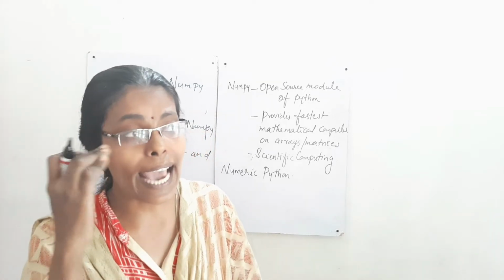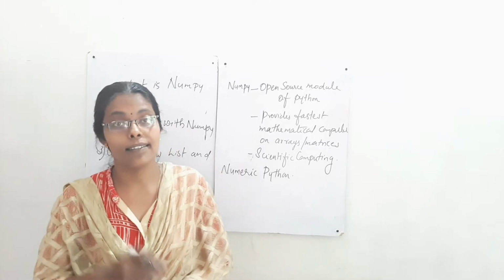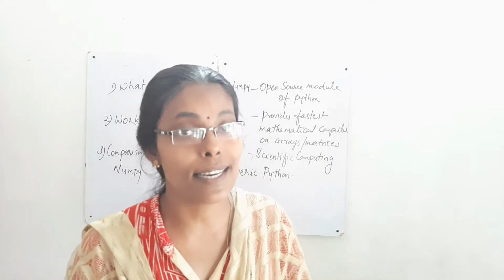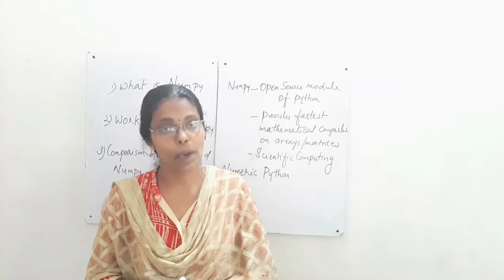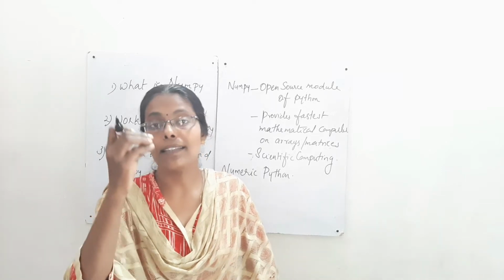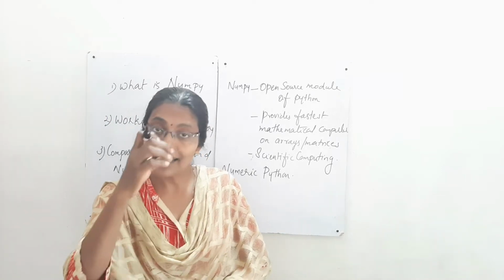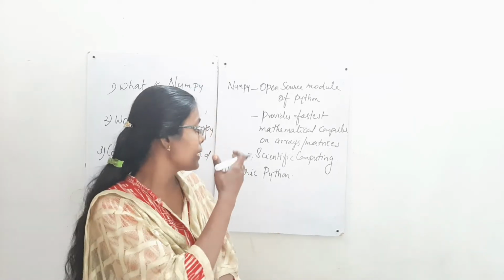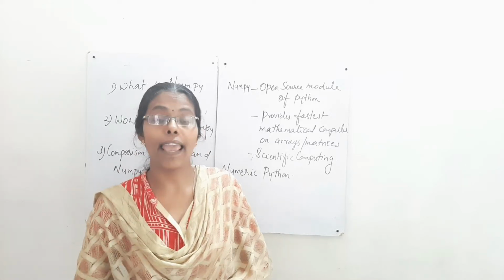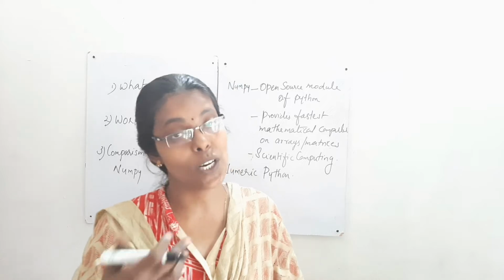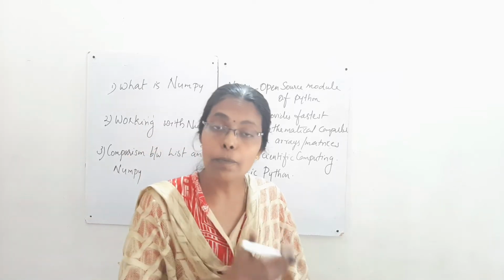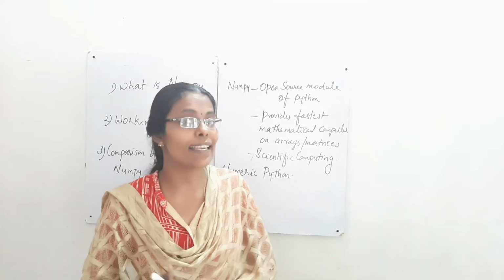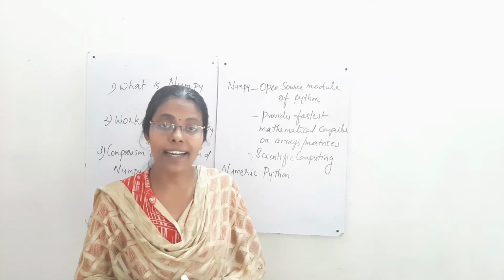NumPy is actually, we are all familiar with the term array. What is an array actually? Array is a collection of homogeneous data types stored in contiguous memory allocations. A group of elements are stored in the contiguous memory allocation, but one condition, it should be of homogeneous data type. NumPy also provides powerful ND arrays. There are different types of arrays, one-dimensional arrays, two-dimensional arrays, and it provides n-dimensional array objects in Python. So let us see the concept of array in detail.